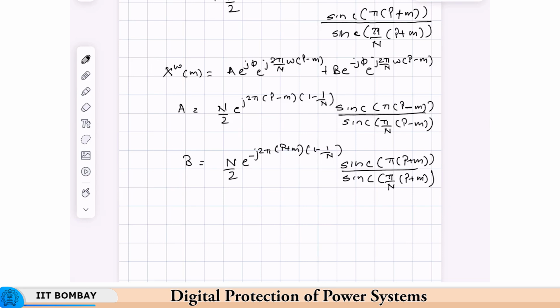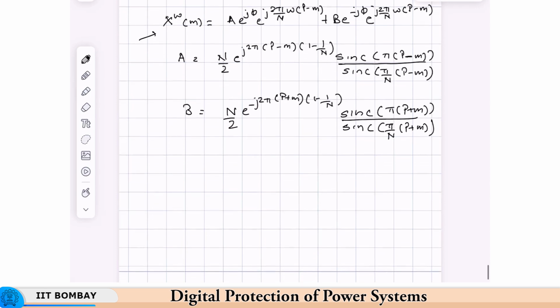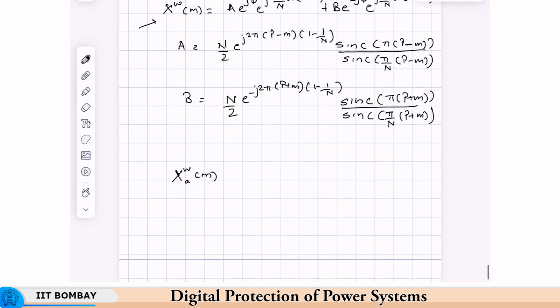Now this is xw. Now what we will do is this: we will designate as xa for the A phase. It could be the voltage, current, anything. We said voltage earlier, so just for the sake of generality, we will maintain x. It could very well be VA W of m. Okay, so this will become